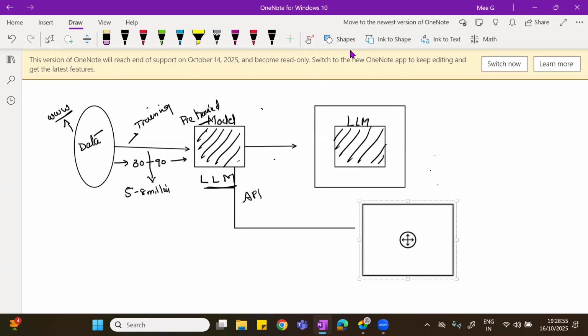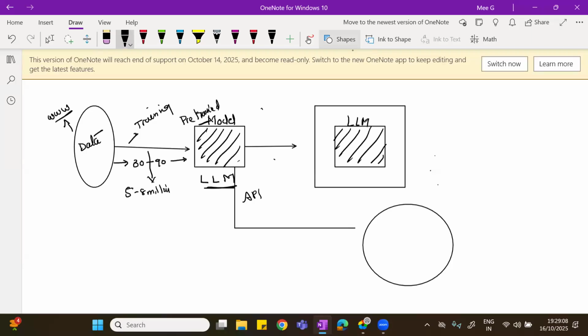This is my own environment, let me draw it with a different shape. This is my environment, and I want to get the LLM over here. This LLM is already trained with public domain data. Now I want to give my own data.